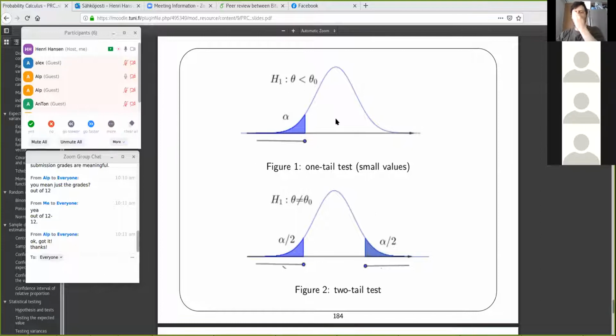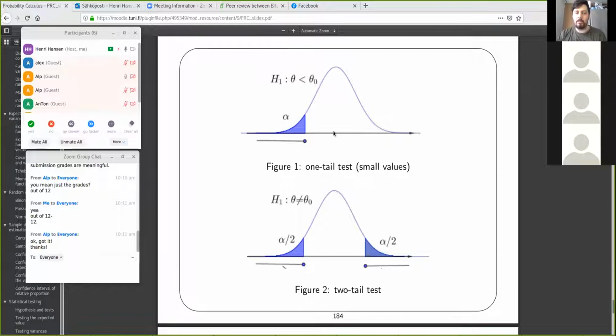Or if this would be the variance, then this would be a chi-squared distribution. Normalized sample variance would be very small here. This doesn't look like the chi-squared distribution because this looks more like a normal distribution, but it applies to any distribution. So this would be the one where there are small values. If we get one of these values, then we reject the null and we conclude that the alternative hypothesis is true, that the value is in fact smaller than